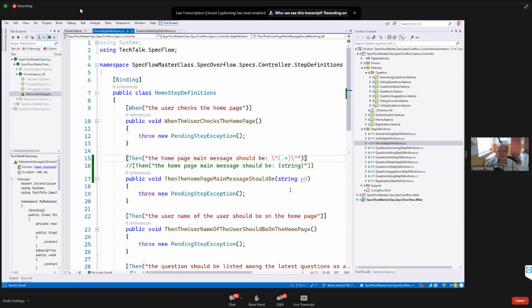This was working for many years, and as you can see, it was also supporting some sort of parameter handling. For parameter handling, we were a little bit misusing the regular expressions, because we were basically using regular expression groups. This parenthesis thing is a regular expression group. We were using the groups to highlight where the parameters are within the text of the step. It used a simple rule: the first regular expression group went to the first parameter, the second group to the second parameter, and so on. It was all working fine. However,